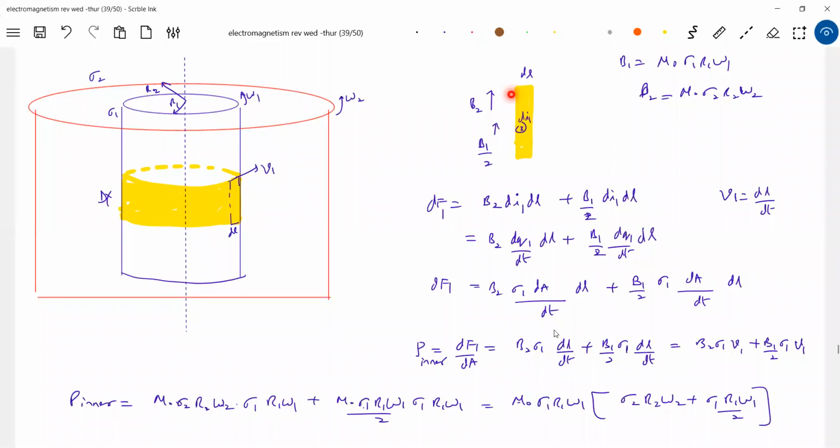Expand. No. Put Fleming's left hand rule. Current I1. Force will be towards right. Okay, this one, it will be right. It will expand. So what is the effect of this magnetic pressure? The inner cylinder will expand. So you may bring again Young's modulus, then tension in this. Okay, let me go for outer cylinder, similar idea.